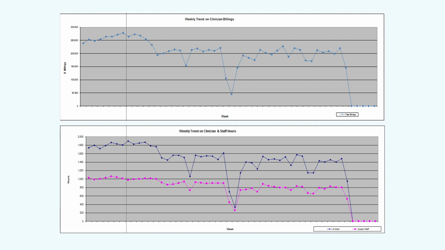But those ups and downs are an indicator, provided the 2 graphs match one another, then that's what you really want to see. Now, this data was useful for those that didn't like looking at raw numbers. They could get a sketch of what was going on, and they could do a quick scan and then go back and compare to the individual practices, or even to the individuals if that's what they needed to do, to see how their performance was going. Again, performance and productivity, very important in corporate areas where the dollars count a lot, but not dissimilar. All practices need to be looking at how they improve their productivity,